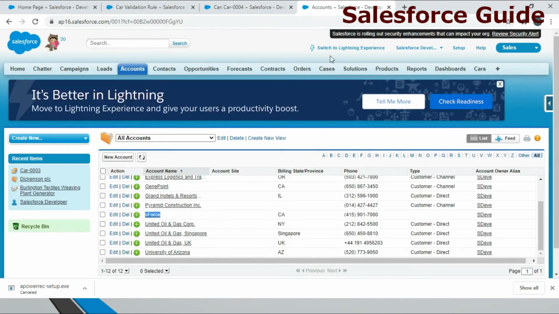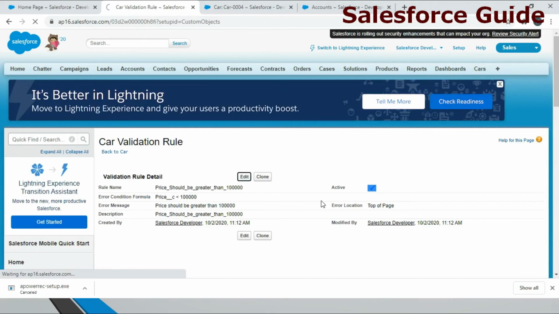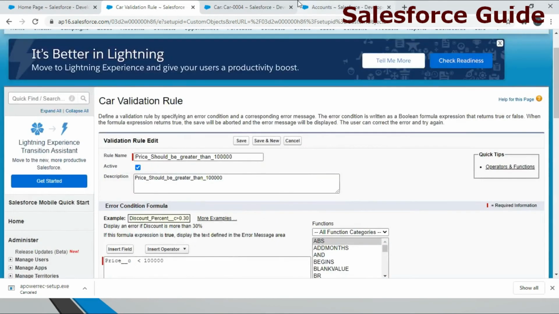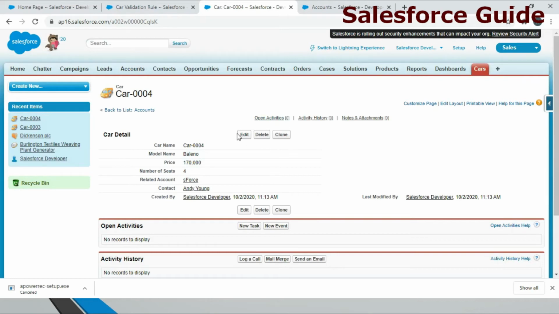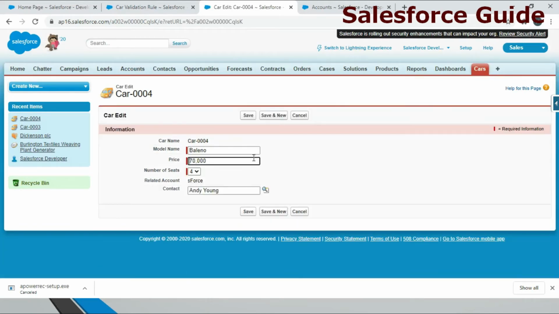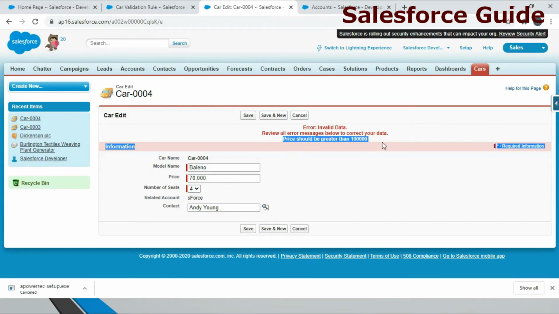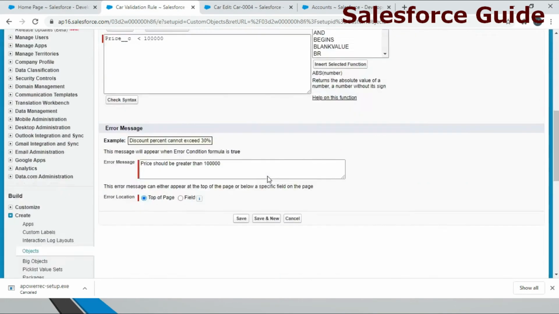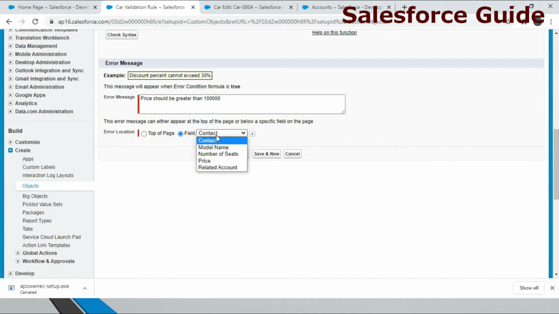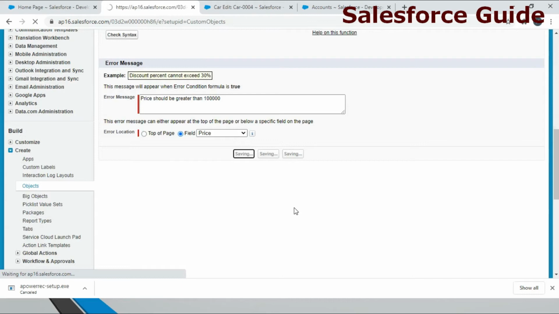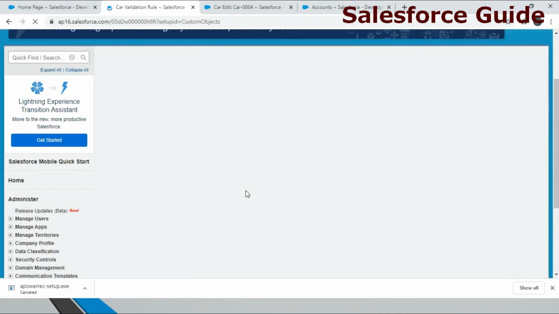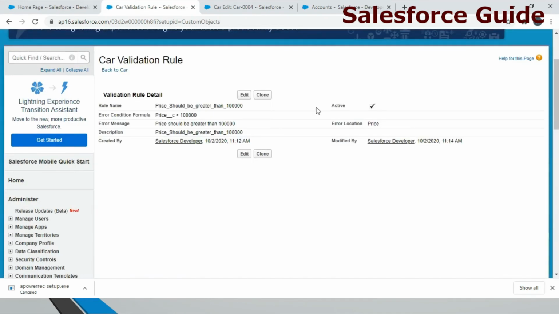Now, about the validation rule, we have different positions where we can show the message. In the previous way, it was showing here at the top. Let me show you again. See, the message looks like this, but if you want the message to be specific to a field or shown next to the field, you can just check the checkbox here for the price field and try to save the record. That means the error message will be shown above the price field. This record is getting saved.